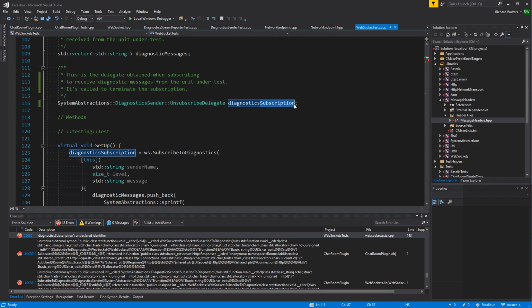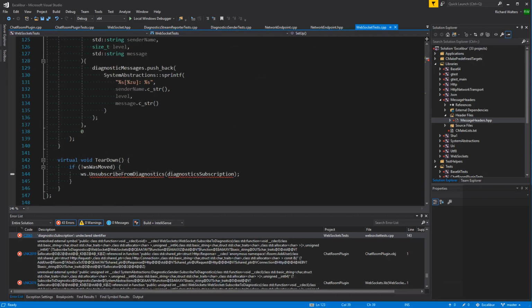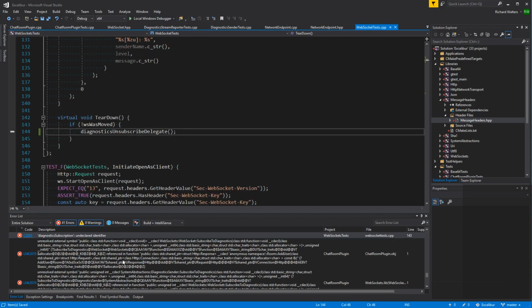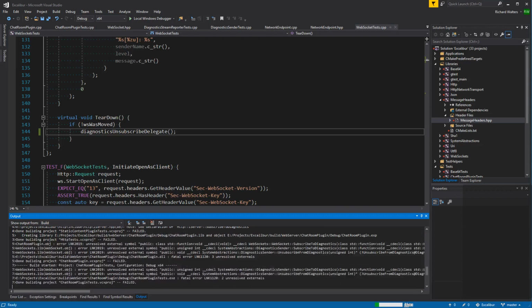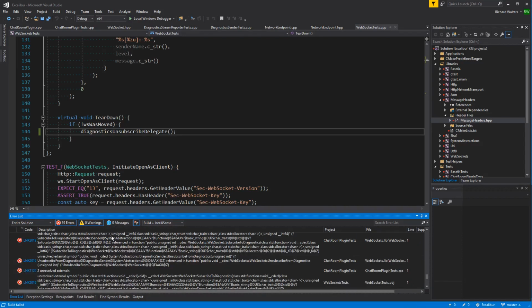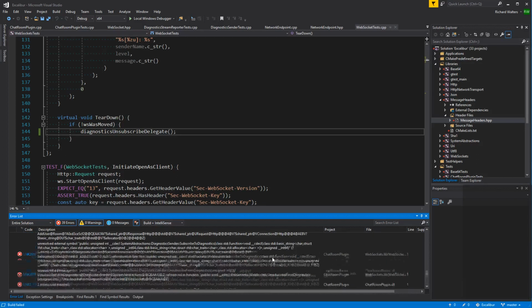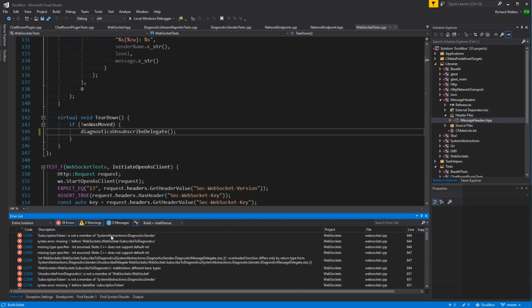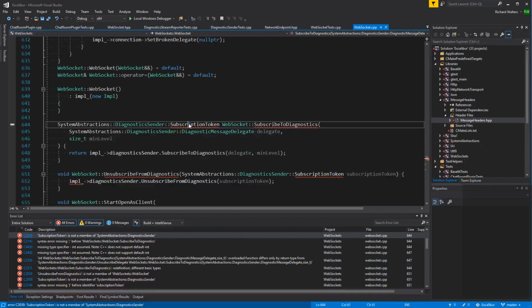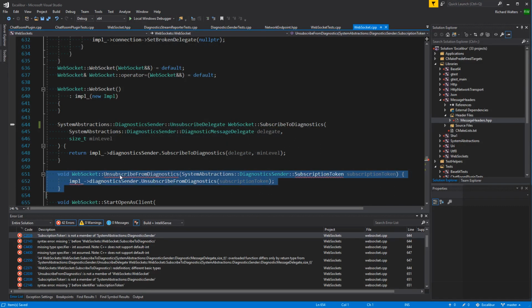Diagnostics unsubscribe delegate. Okay. Unsubscribe. This is the forwarder again.